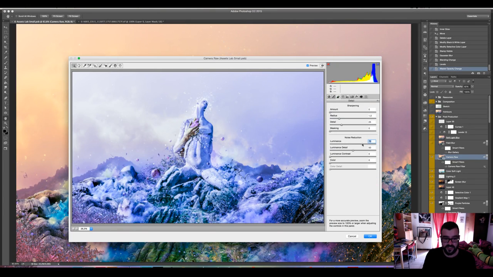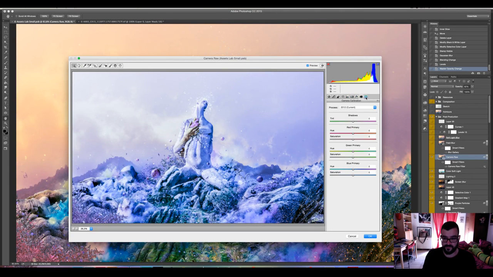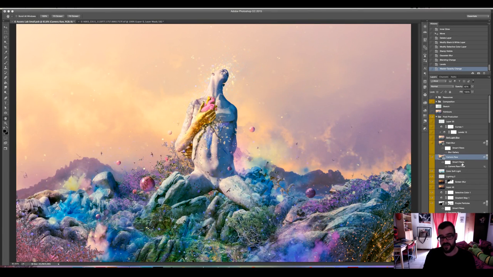Let's see, the noise reduction filter, which is very useful if we are using photos from several sources. This will bring the noise of all of them to the same level, and this is something which is great. We have a lot of options to play with the color. We have the luminance option, which is not available in the hue saturation option in Photoshop. Split toning, well, you have a lot of stuff, and since it's a smart filter, we can change the look at any given time.